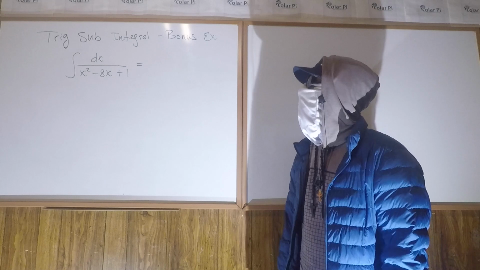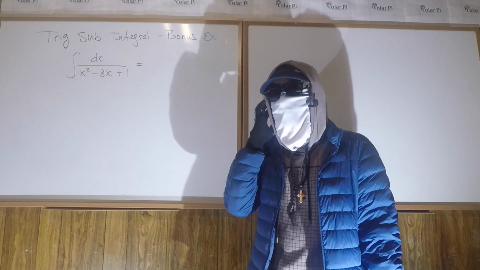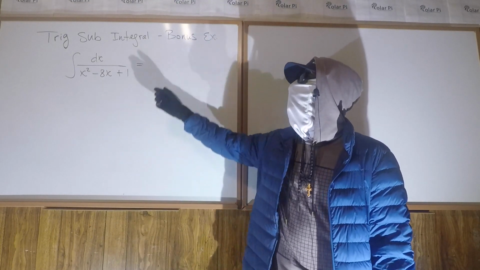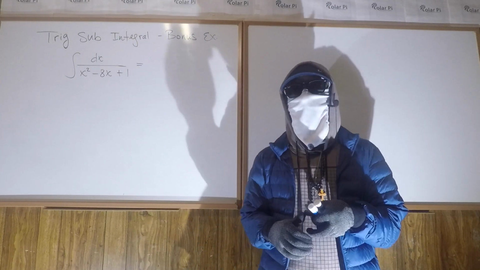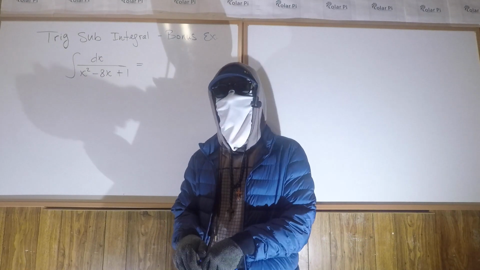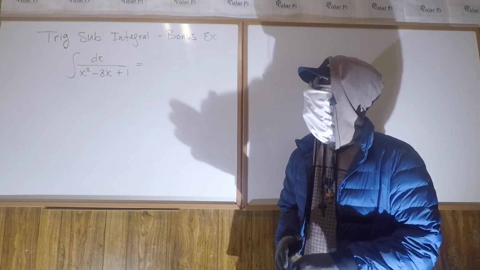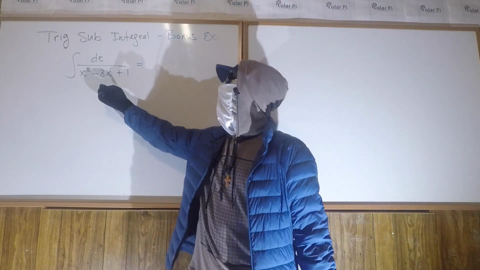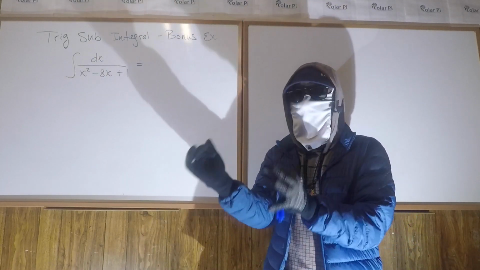When you see an integral that looks like this, the first thought should be, can I do partial fraction decomposition? Because usually we do trig sub when the quadratic is trapped inside of a square root. When that's the case, we can also do Euler sub. I have videos on that, so check that out. But we can do trig sub when we are unable to factor this quadratic into a product of two linears,